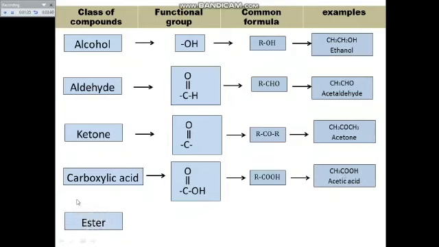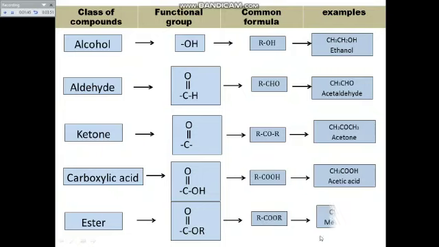Next, ester. Ester is C double bond O, OR. The common formula is RCOOR. Example, CH3COOCH3, methyl acetate. These are the examples of classes of compounds. And then next,